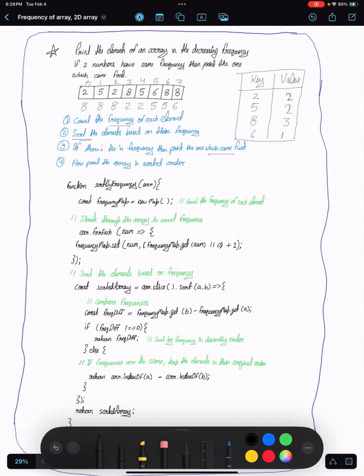So the first line, we have a function given the name sortByFrequency with the parameter array, and this line will go through each element of the array. frequencyMap equals new Map. Count the frequency, we will count the frequency of each element, and then